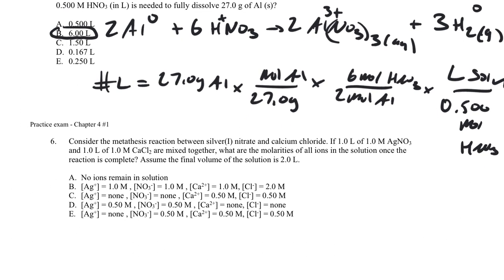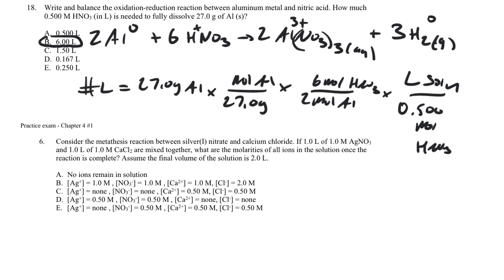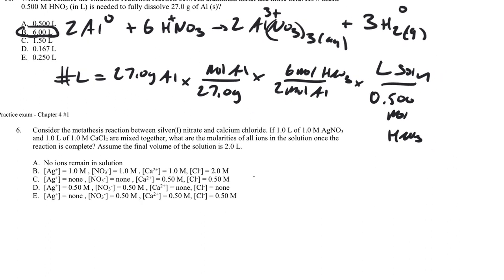Then our final question. Consider the metathesis reaction between silver nitrate and calcium chloride. We have a mole of each reacting. What are the molarities of all the ions present in the solution once the reaction is complete? So the reaction taking place is AgNO3 (aq) plus CaCl2 (aq) going to